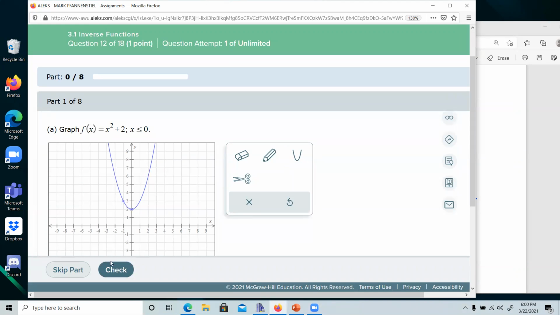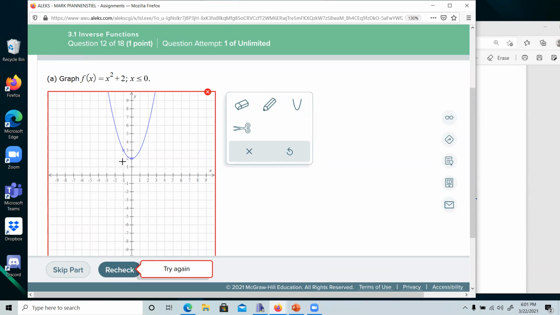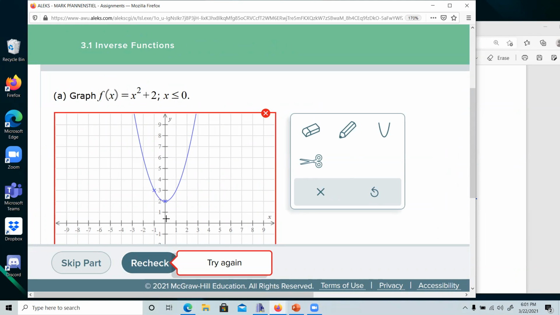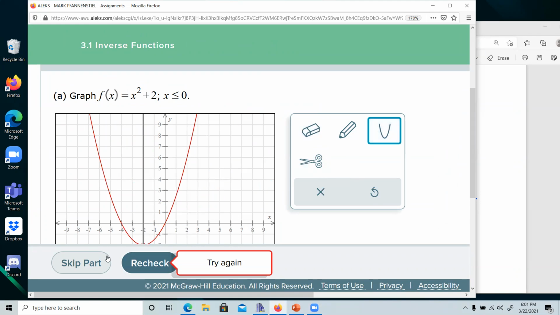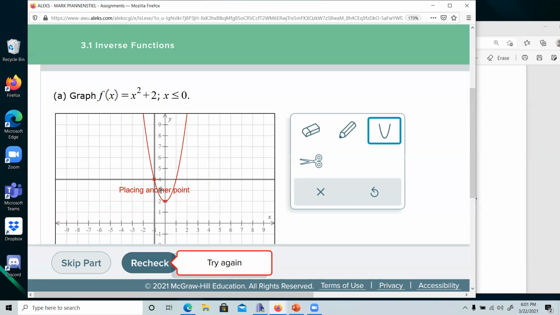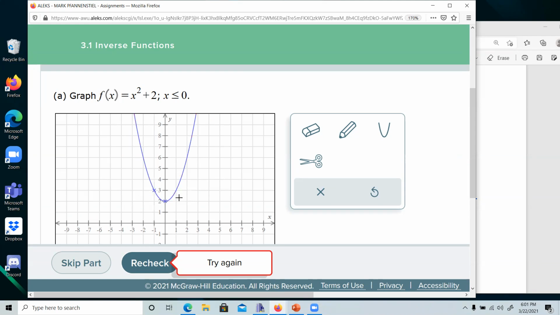Okay, we're good. -1 squared. Did I plot this correctly? So x equals 0, y is equal to 2. Choose how it opens. Place one other point. Pick x equals, right, -1. -1 squared is 1. 1 plus 2. That should, I don't,